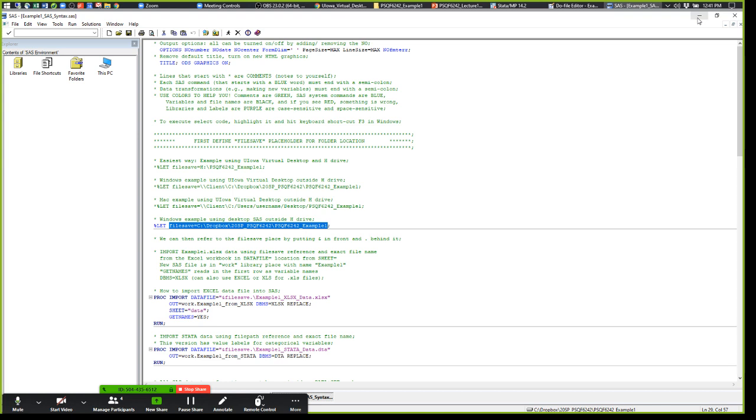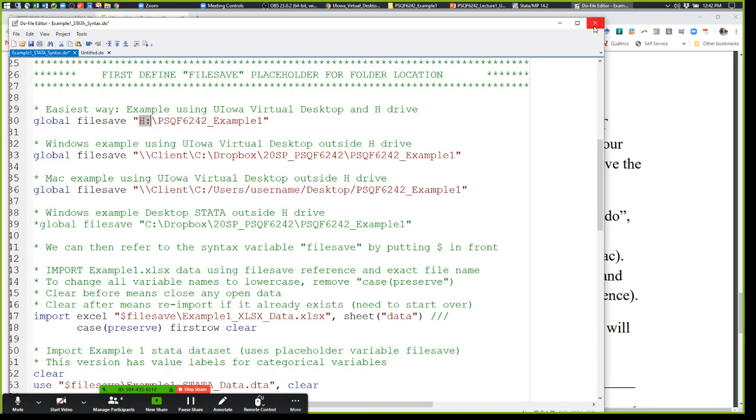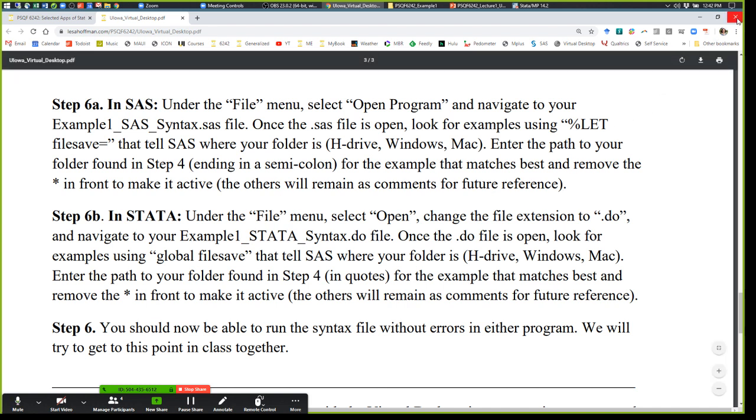So if you are trying it and you get error messages or otherwise, please let me know. And the idea is to get as many of these steps completed ahead of time so that when we actually try to look at this in class, it goes a little more smoothly, trying to learn based off of my mistakes from last time. Or what happened last time, we'll just call it that. So, okay, yes, getting through step 5 would be ideal. Then the rest of it should go a little more smoothly.